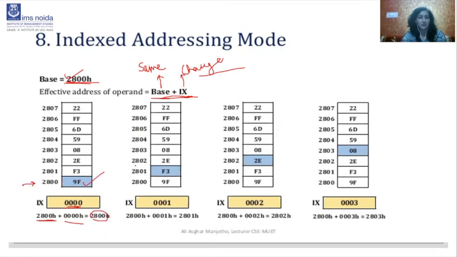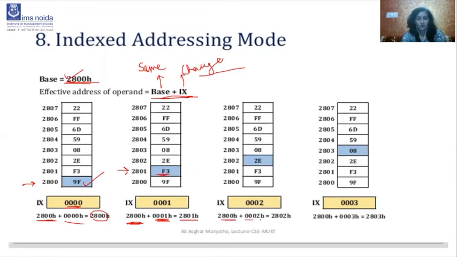Let's see another example. As I have told you, the base address remains the same, so the base address here is also the same. Now we move to another index, which is now 0001. So the new address is 2801, and at 2801 the operand is found. Now move to another one.